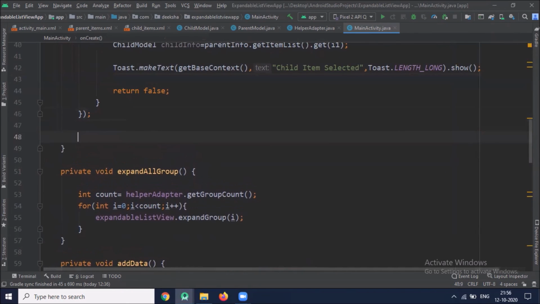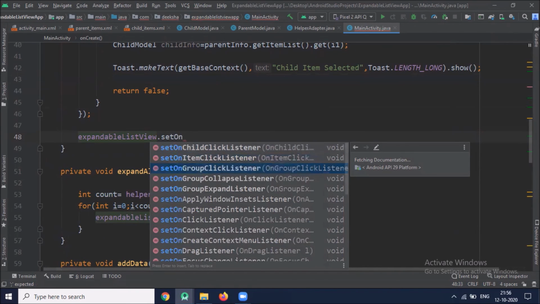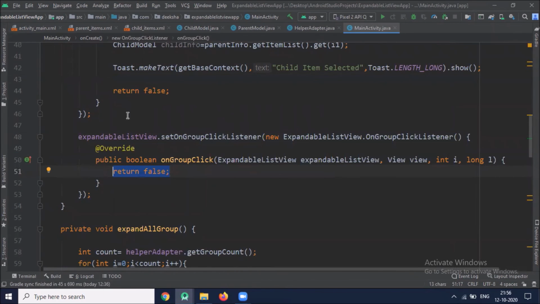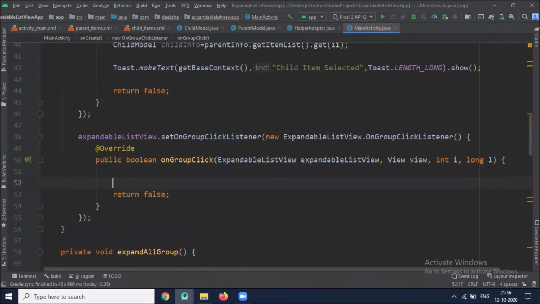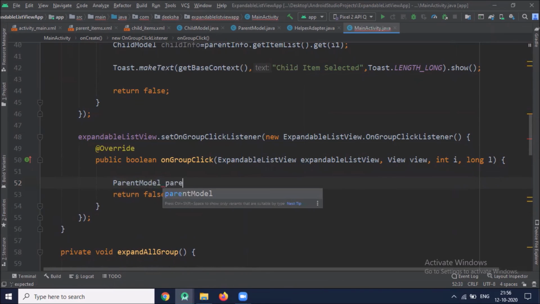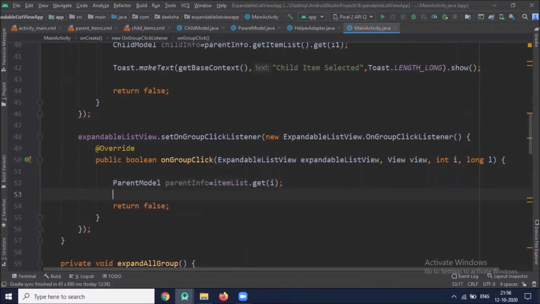So inside the onCreate method, here we get the parent information. And here we create one toast message.